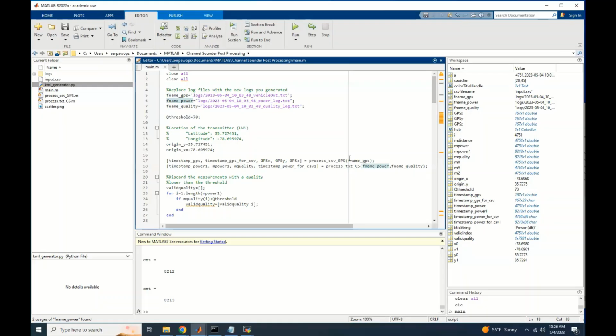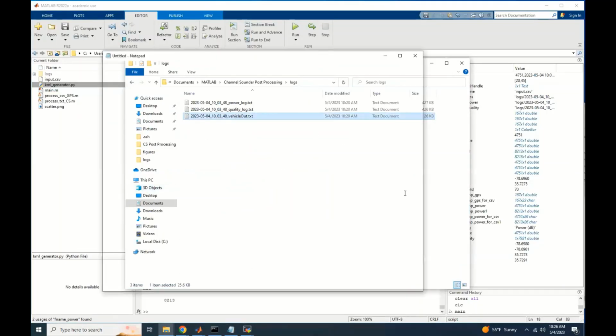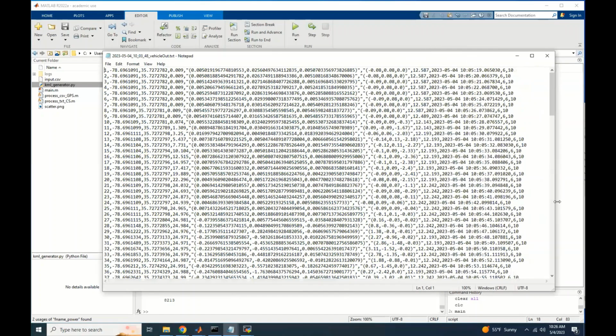For the GPS, if you look at the GPS log, this is the vehicle out log file. As you see,